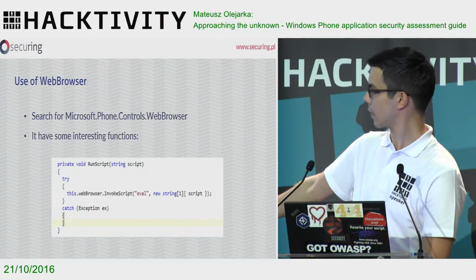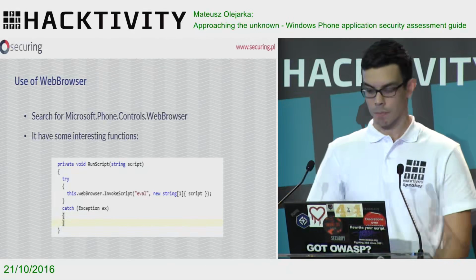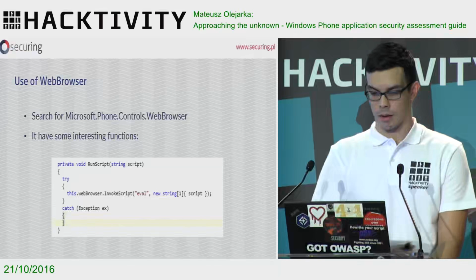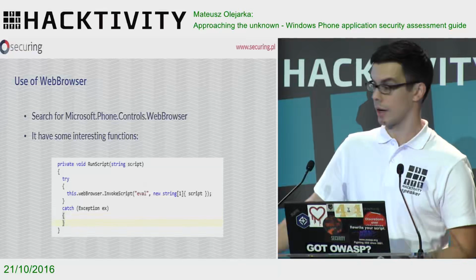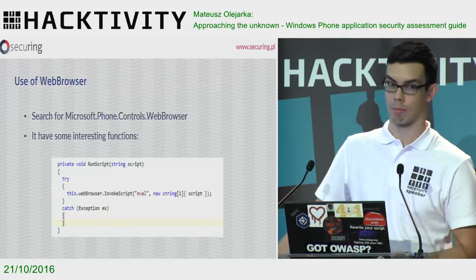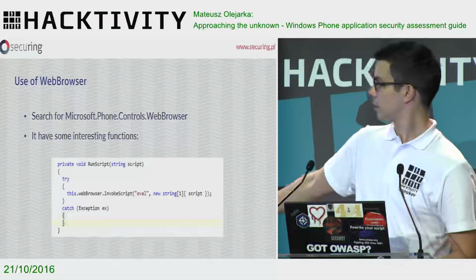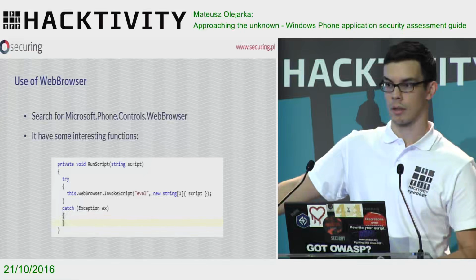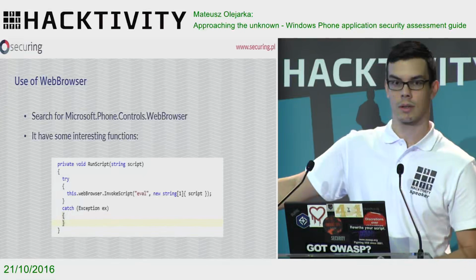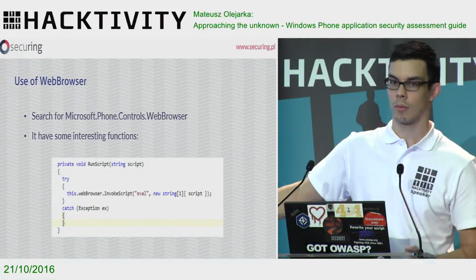And here is an interesting thing connected with this payment processor. Basically, it opened your banking site in this web browser control, and happily did a web inject. How many of you know what web inject means? Okay, what is web inject?